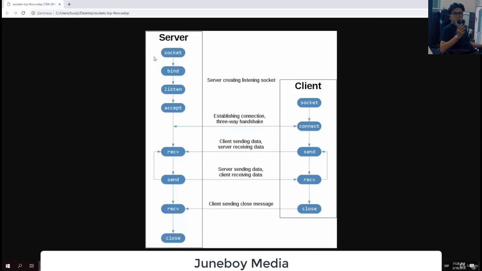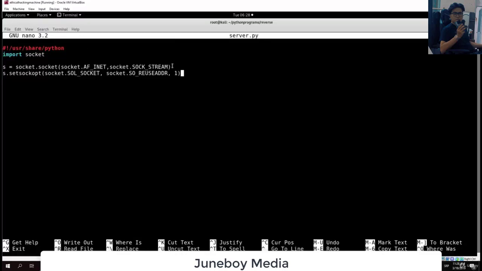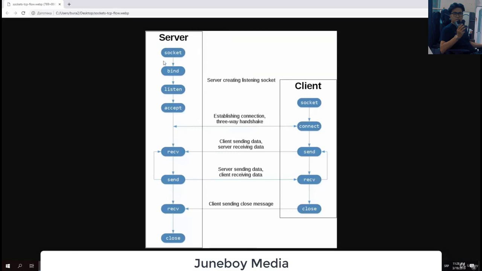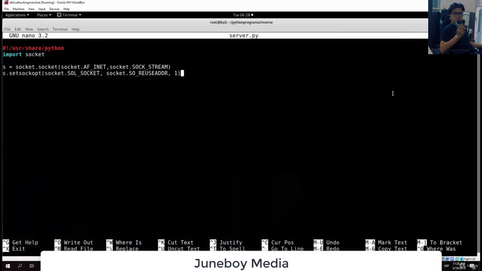So we set up our socket with this command right here. We set up some of the options, so we specified our socket. Now what we have to do is actually bind the socket itself, or basically bind the port that we will listen on, and also bind the IP address. So we have to specify the IP address that we want to listen on. Now in the process of actually creating this, we want to specify a localhost IP address, which is basically the same for everyone, which is